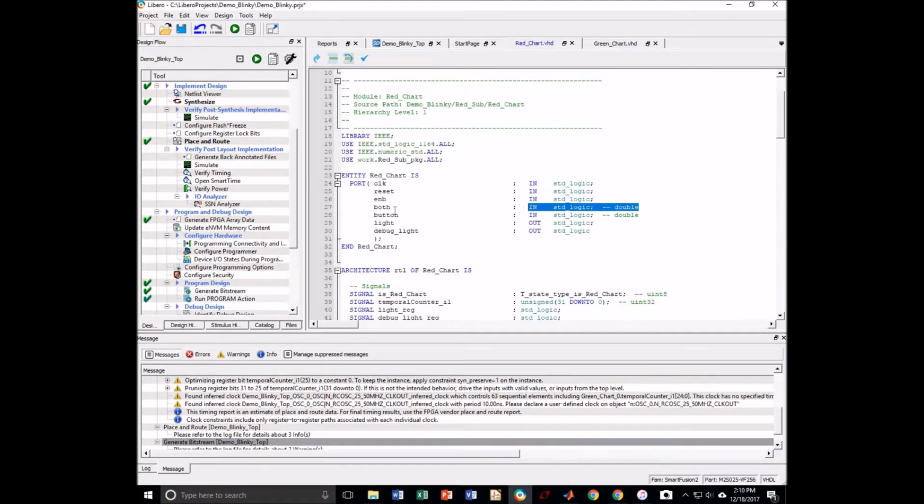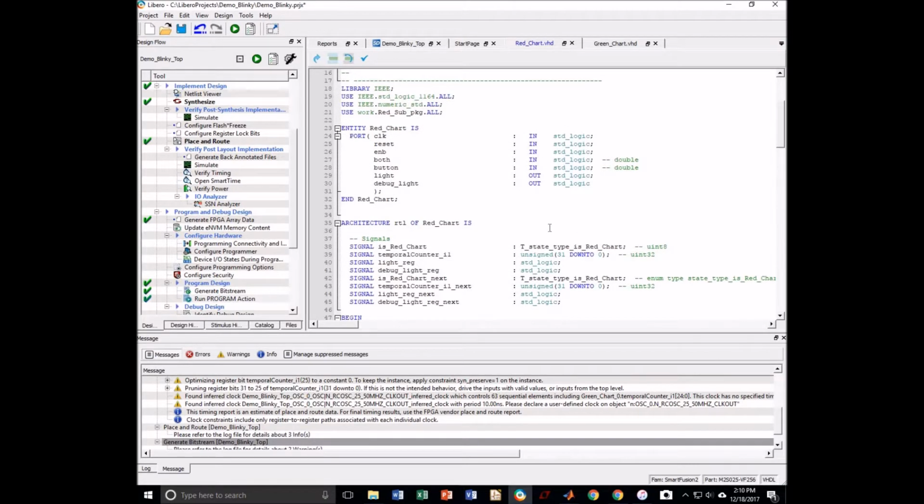Here we see this both and the button variables are declared as standard logic, but the comment next to them is double. So I tried to, in the Stateflow, declare them the same as the lights, and have that all be the same, but in here they came out to be real variable types, which correspond to doubles in VHDL. So when I brought them into Libero, I tried to pull them in and it said I had a syntax error. So I came in here, and after doing a little snooping, I had to change the types